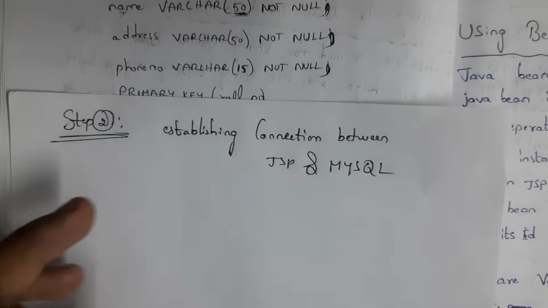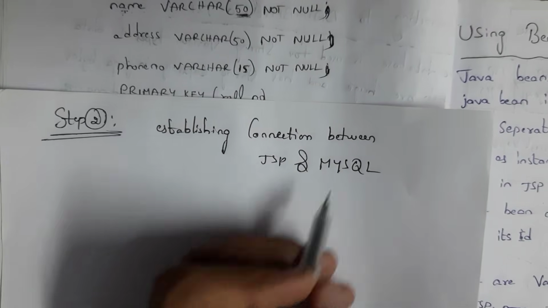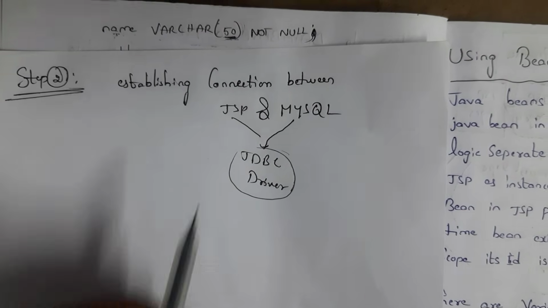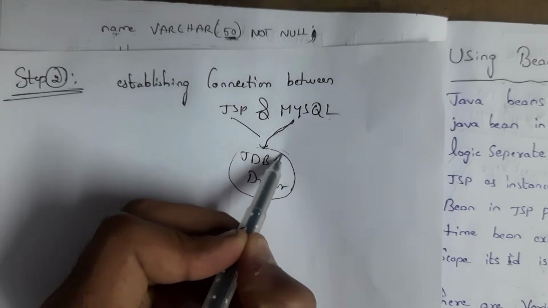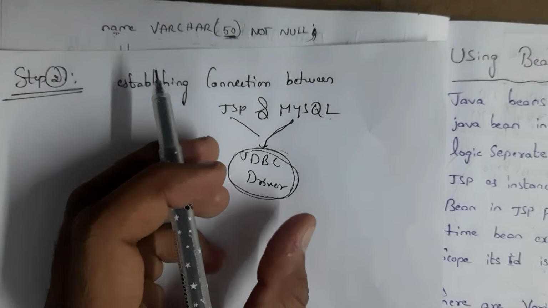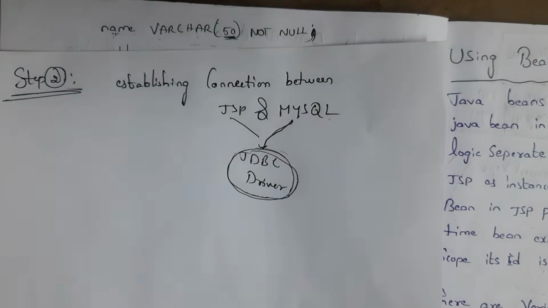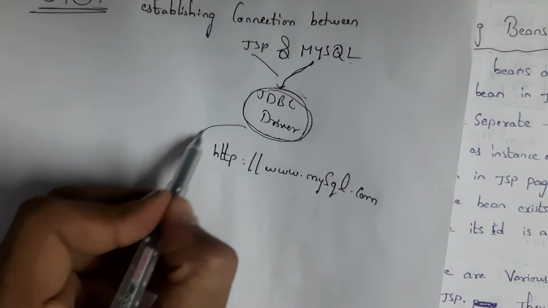In step 2, we need to establish a connection between this JSP and the MySQL database. In order to establish the connection between JSP and MySQL, we need one driver called JDBC Driver. We need the Java Database Connectivity Driver in order to establish the connection between JSP and MySQL. You can download the JDBC Driver from this website,